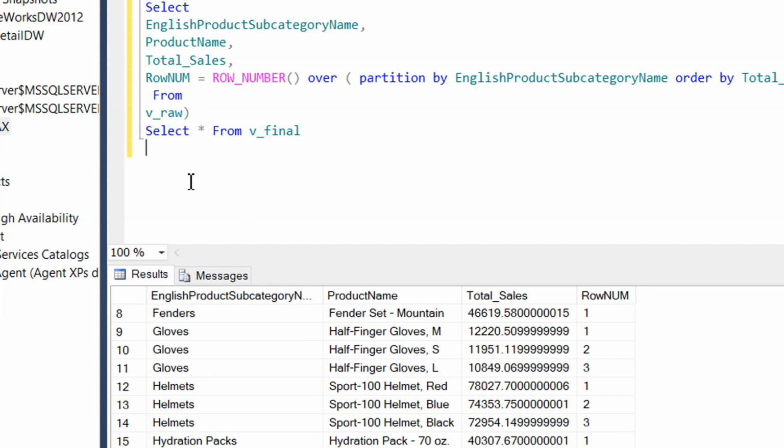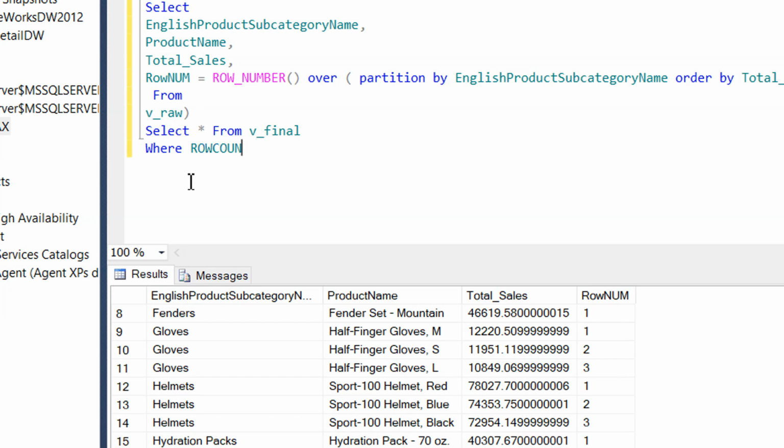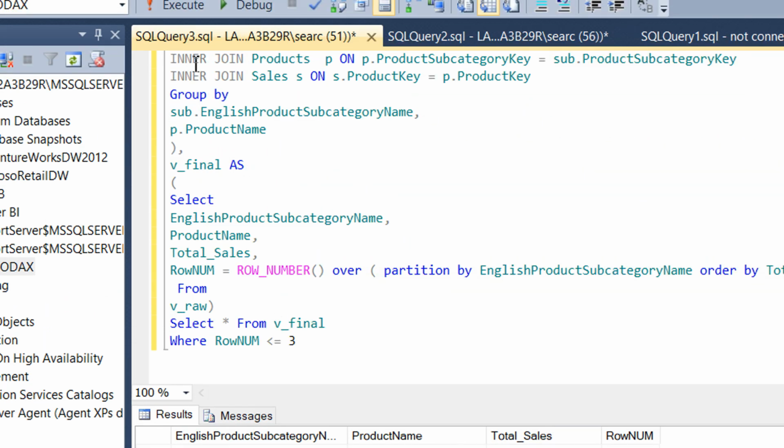So what we can do is we can write here a WHERE row num is less than or equal to 3, and now if I execute,